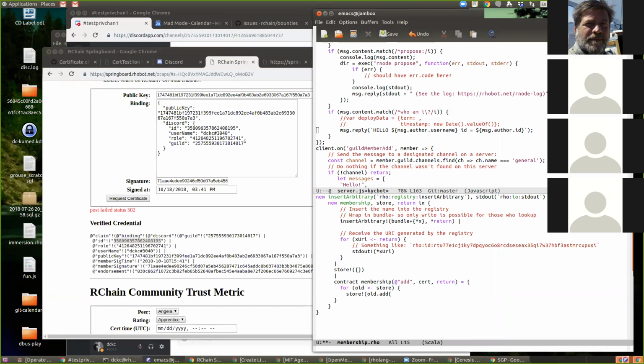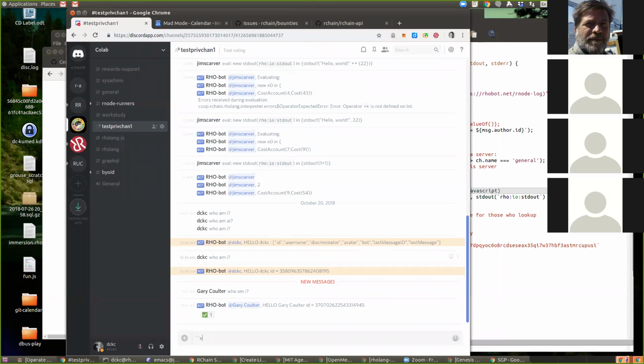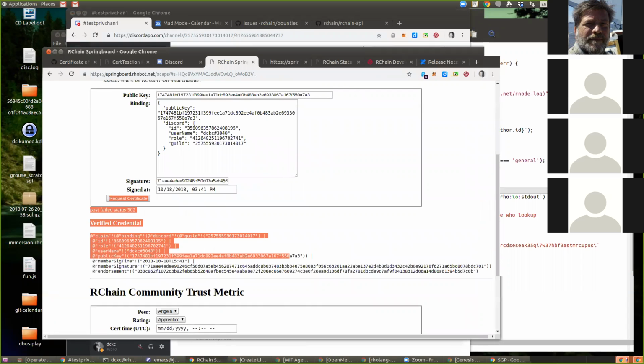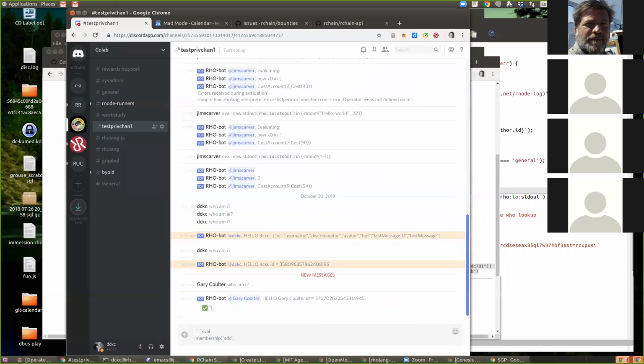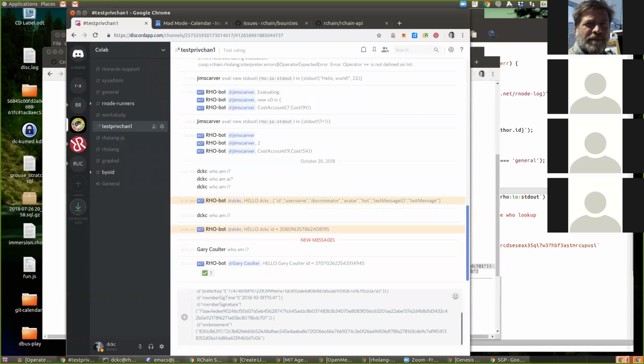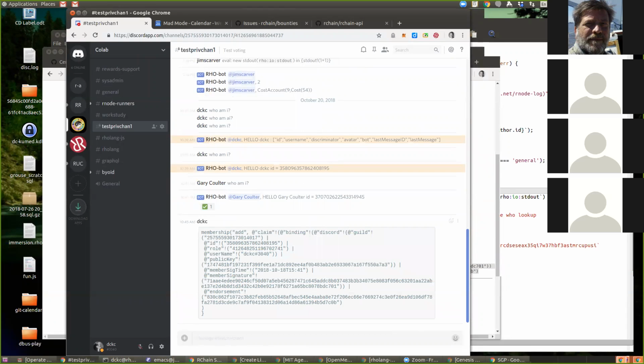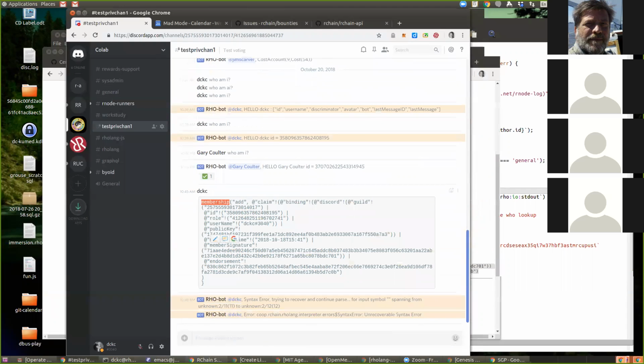Okay, so the user story is I would type in something like eval, and then I would paste this thing. It's going to tell me I've never heard of membership, right?